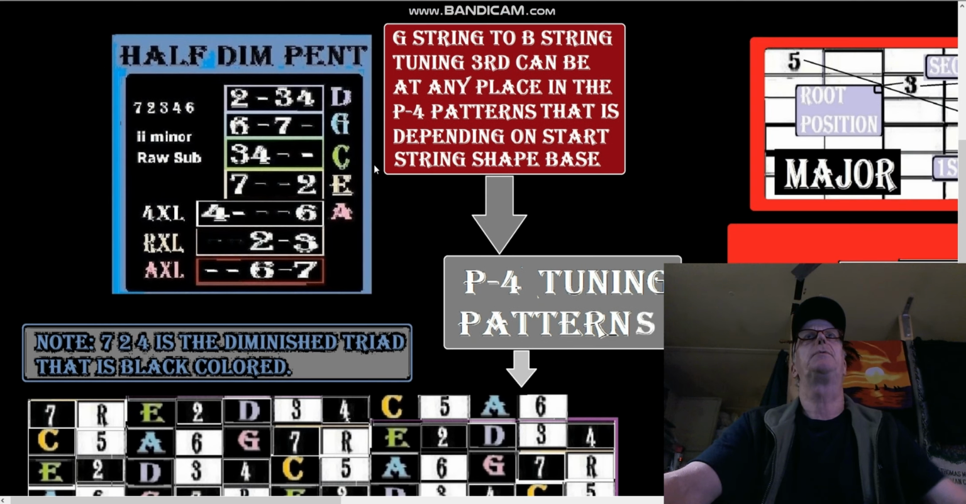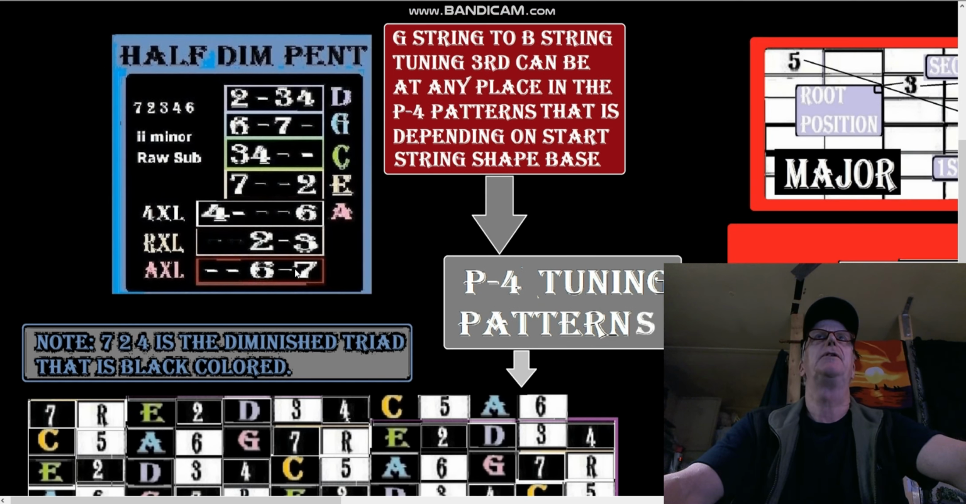The string shapes, as you know, are 5, 6, 7, root 2, 3, 4, 5, 6, 7, root 2, 3, 4, 5, 6, 7, root 2, 3, 4. Okay, now there's missing ones here because this is just half diminished pentatonic, but we can use it for pentatonic